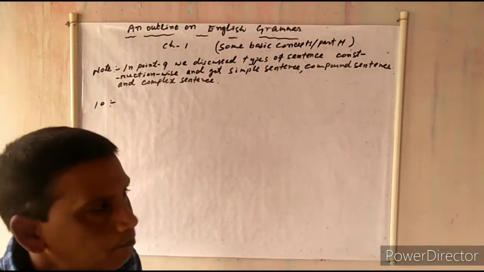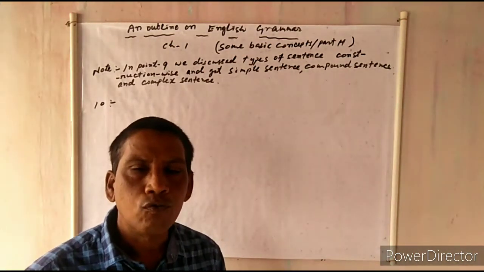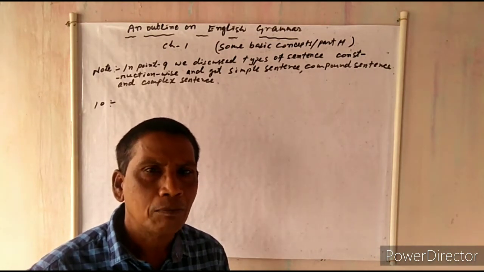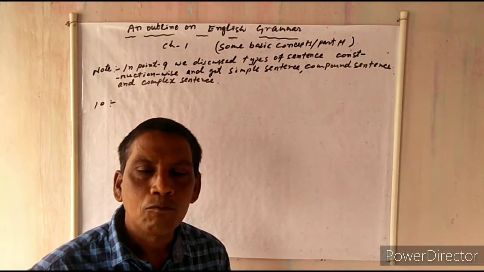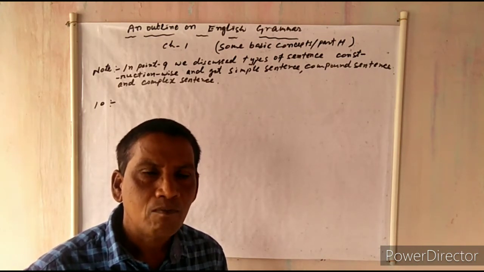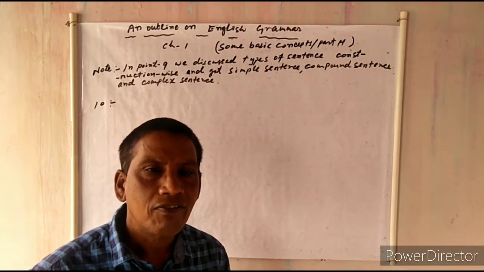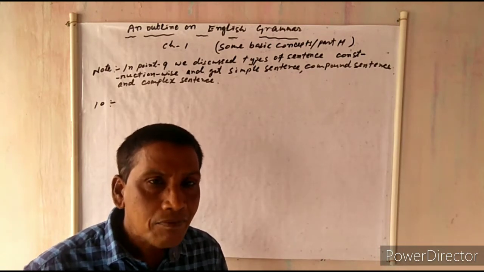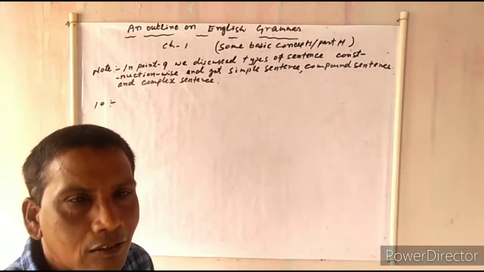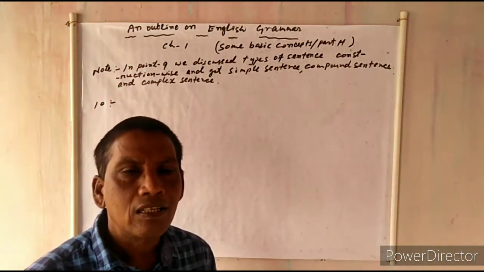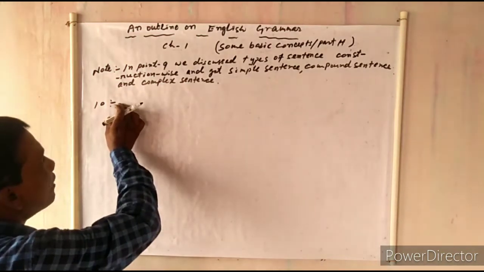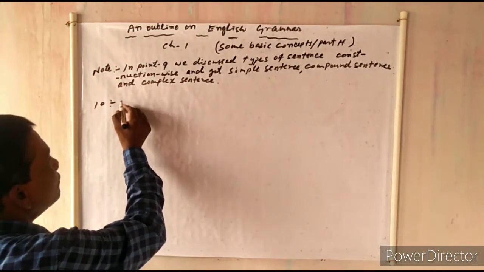Suppose we're Indians. English is not our native language. So when we learn English, we have to take the help of our mother tongue. One's mother tongue might be, suppose a person might be from Bengal, Chhattisgarh, or Orissa. Considering that his native language is not English, he has to take the help of his mother tongue, and with the help of his mother tongue only will the person be able to learn English. So what is important in point number 10 that we have to study is